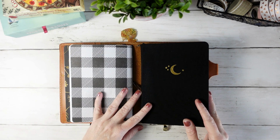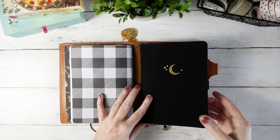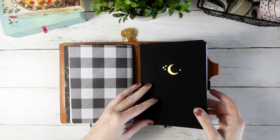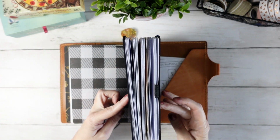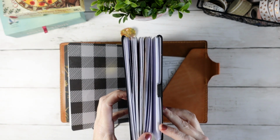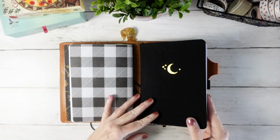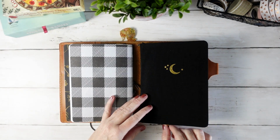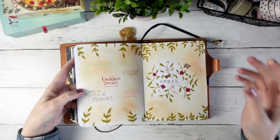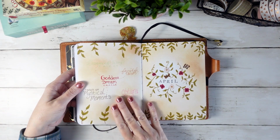So moving into my actual tarot journal, this is a B6 Archer and Olive, and I've just got it strung into my Traveler's Notebook, and you can see it's getting quite fat here. I think I should be able to get one more month out of it. That's my goal, to make it through May, and then I'll probably just go ahead and get another one. So April's layout was very much inspired by the Oracle deck that I worked with, and that was